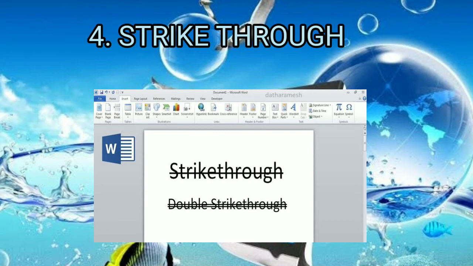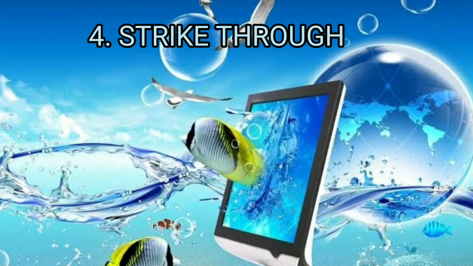This coding is used in HTML to give strike through. For example, in angle bracket del, strike through, close the del tags, and your text will be displayed in the window struck out. The meaning of strike through is that you can strike out the text.